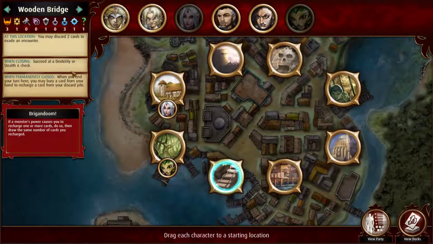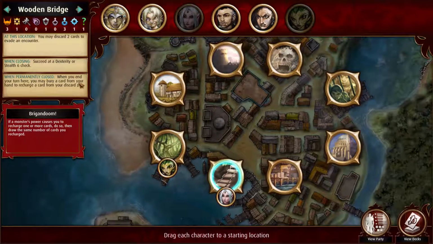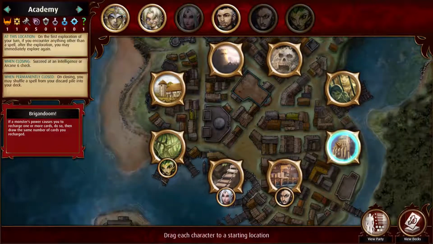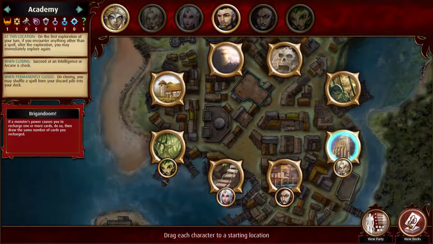Succeeded a dexterity or stealth check. That's our rogue. Summon and defeat a bandit henchman. That's good for our punch face person. Succeeded intelligence or an arcane check. I guess that's him. Actually, he doesn't have...